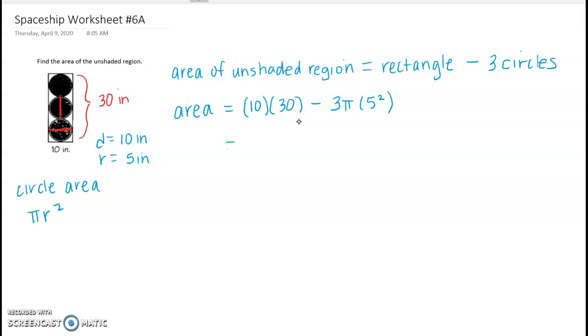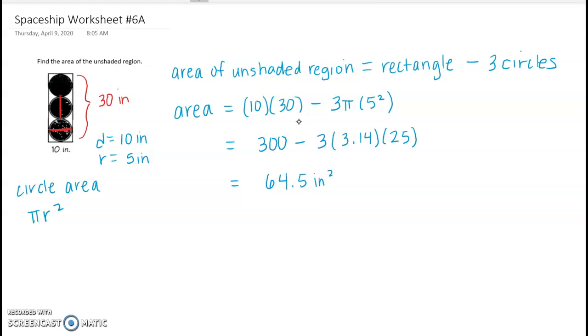So 10 times 30 is 300. And then I'm going to subtract off 3 times 3.14 times 25. I'm just entering this into the calculator, and I am getting that the area is